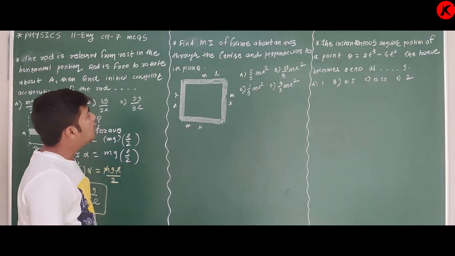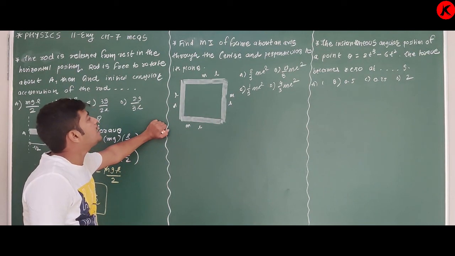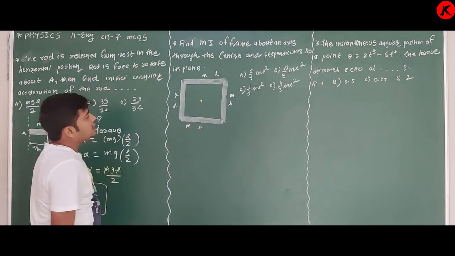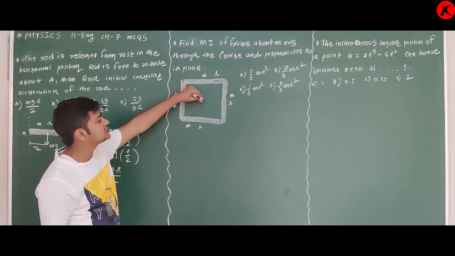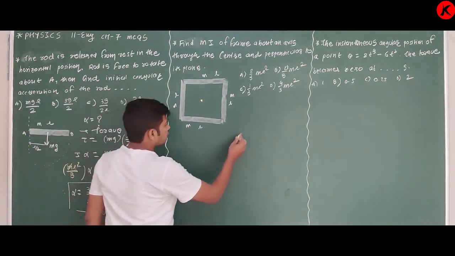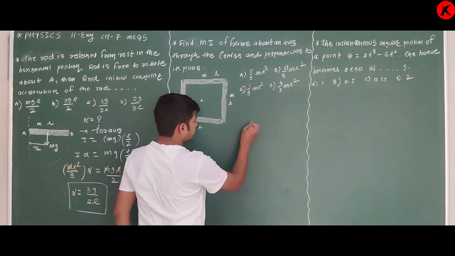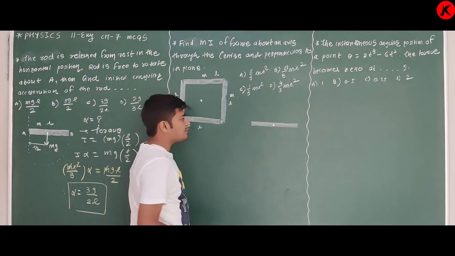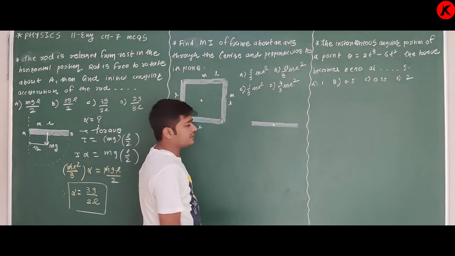You have to find the moment of inertia of the frame about an axis passing through the center and perpendicular to its plane. The center of the frame means this point, and perpendicular to its plane means about this axis. Now, for a rod, if you are given one rod like this, then about an axis passing through its center and perpendicular to its length, means about this axis,